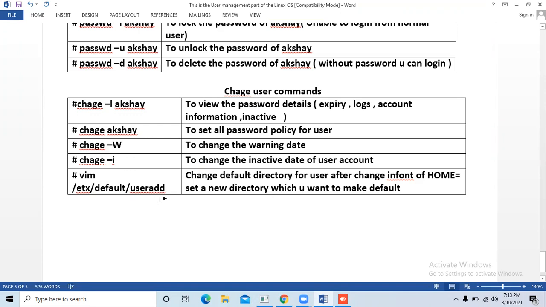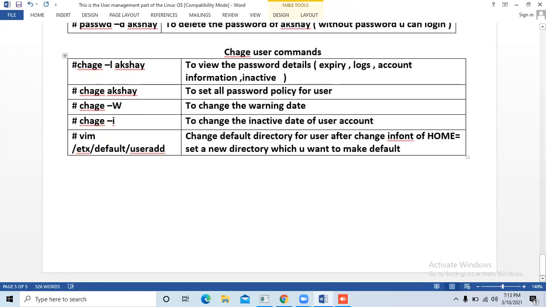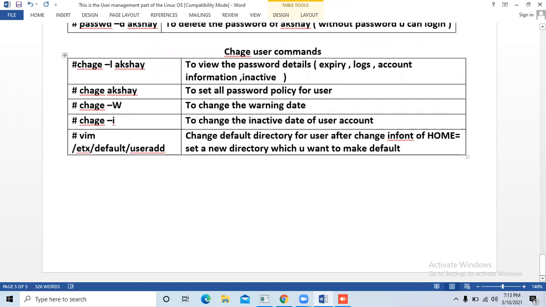We can also change the default directory for a user: after the home directory option, set the new directory which you want to make default. Is it clear? If any confusion, please let me know.